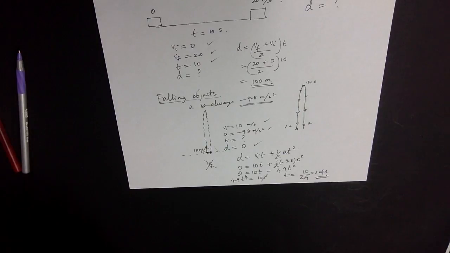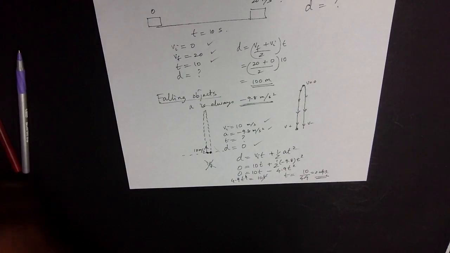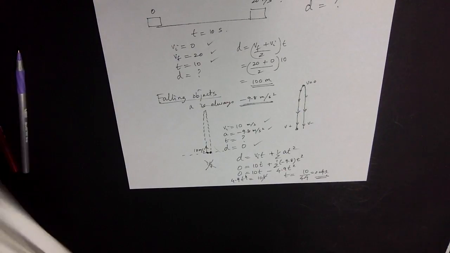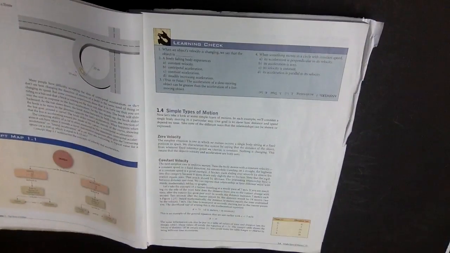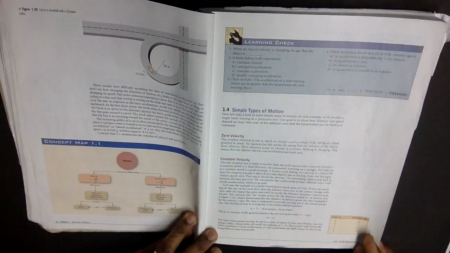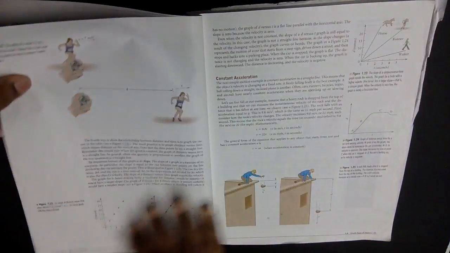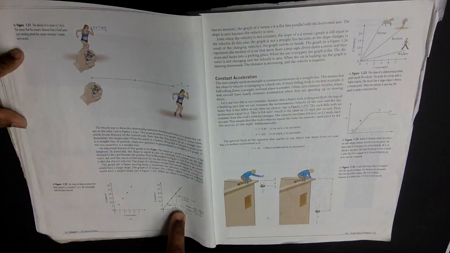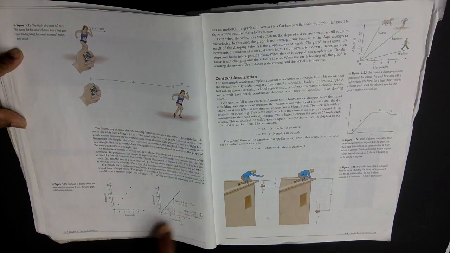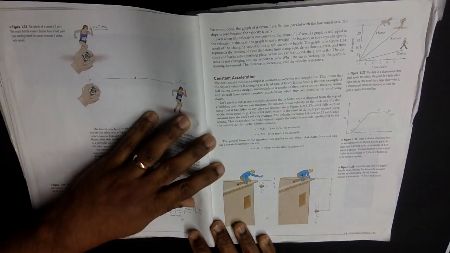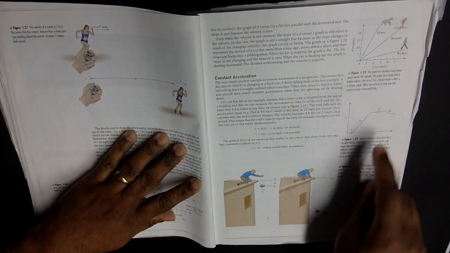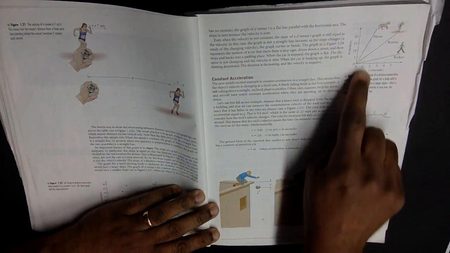Now, going back to the textbook, if you follow the textbook now, you should be able to get a good idea. So here it talks about the same thing, and go through this graph. You can see how the calculation of speed, velocity is done, acceleration, how things are accelerating, and this is like